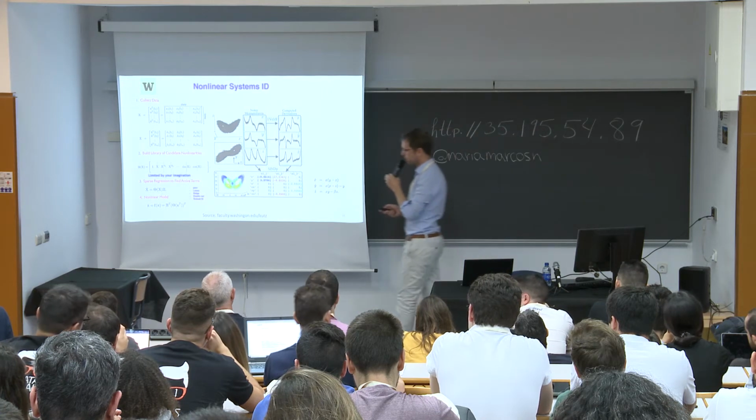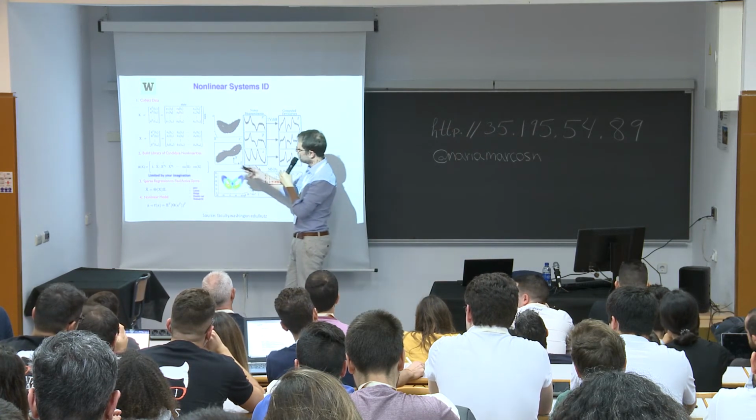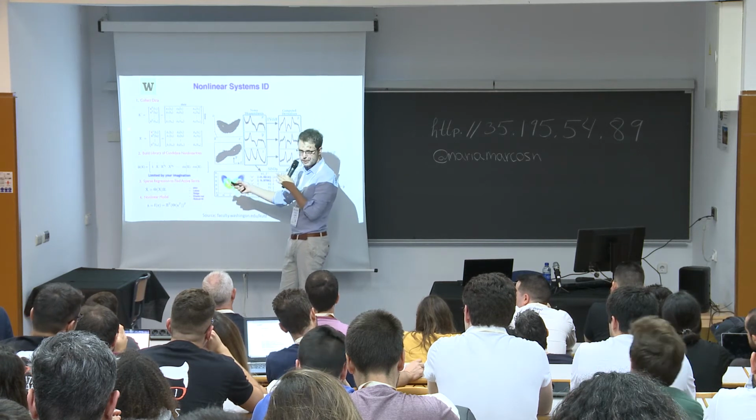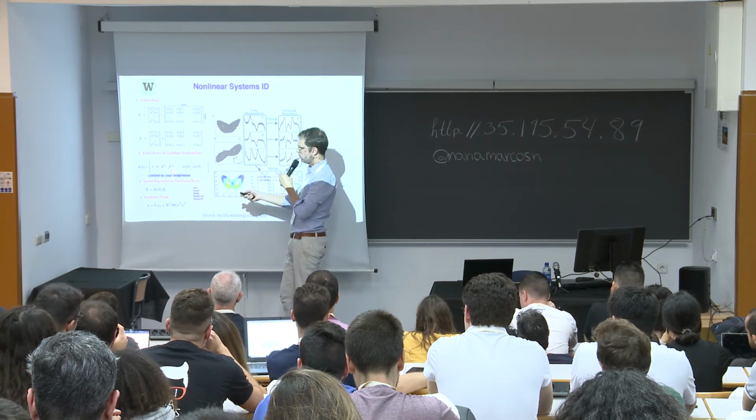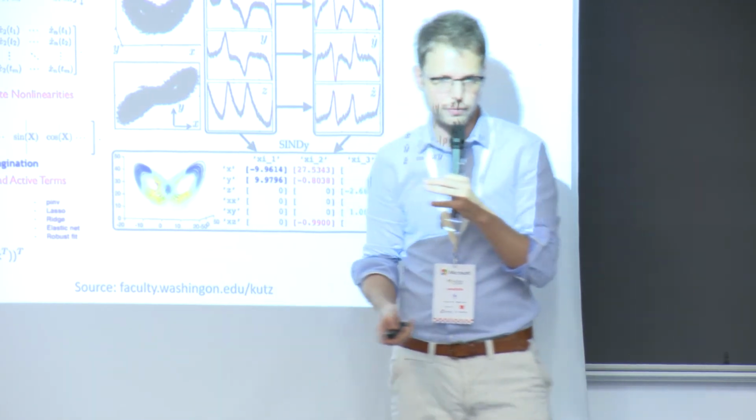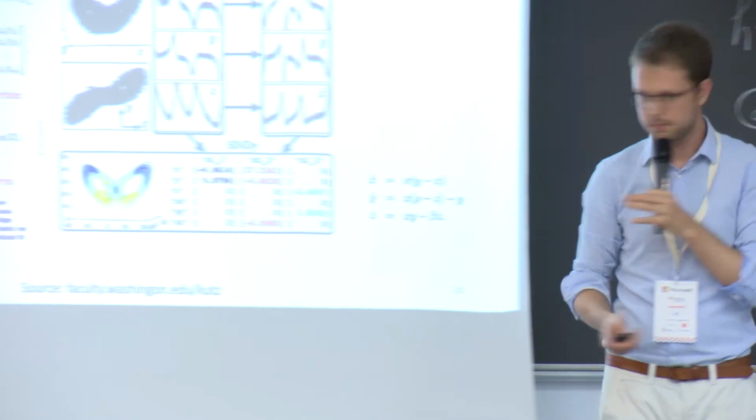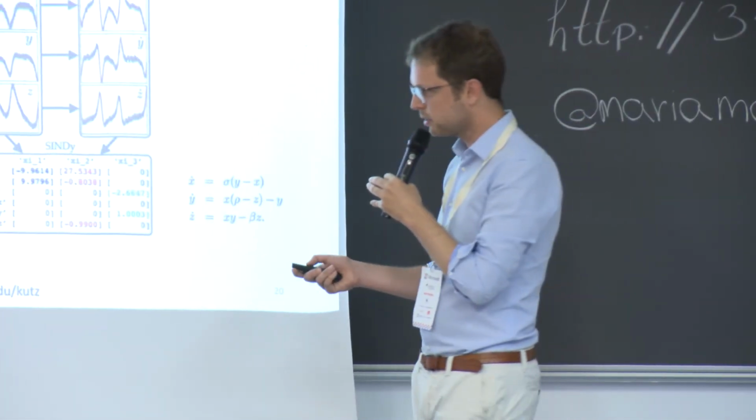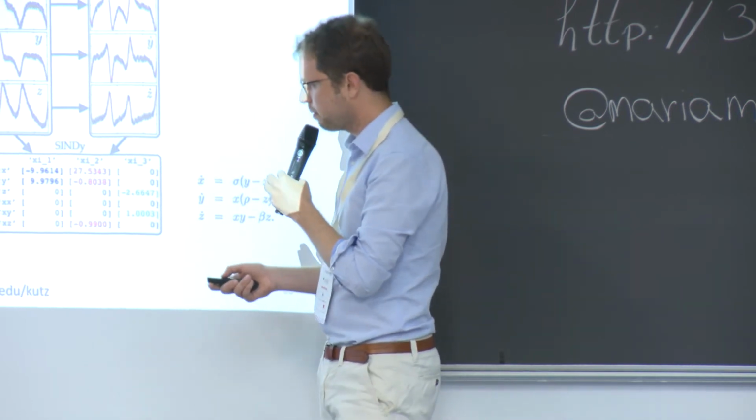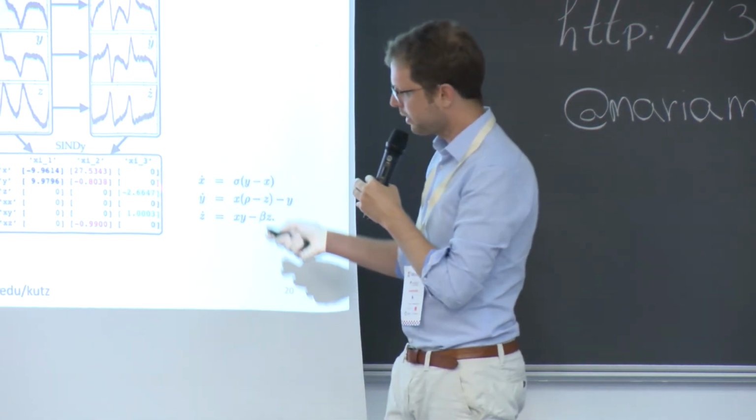So I'm going to repeat the steps. You get your data, x, y, and z. You get the difference of this data, and then you put in all of the parameters, all of the different combinations of your variables or your terms. There are libraries for this. And then you try to reduce the size of the problem,